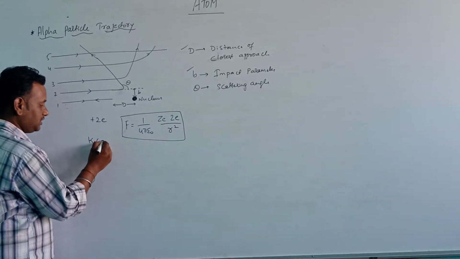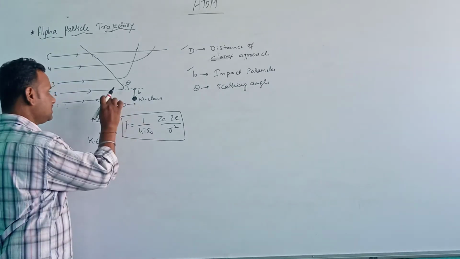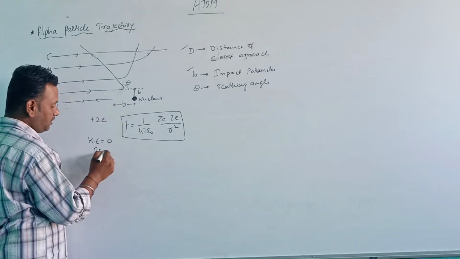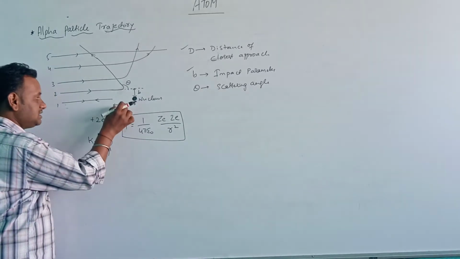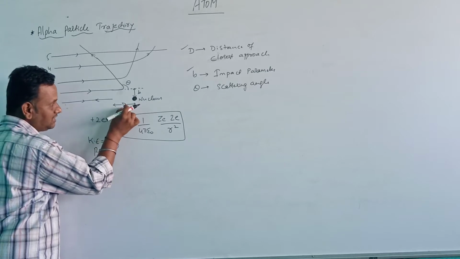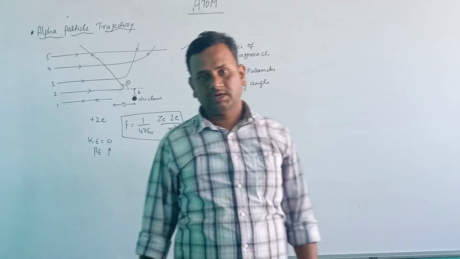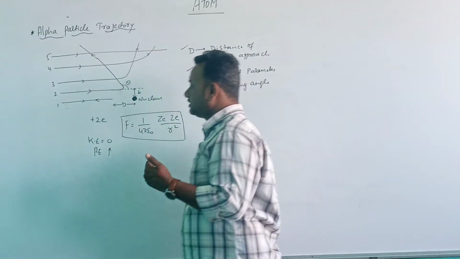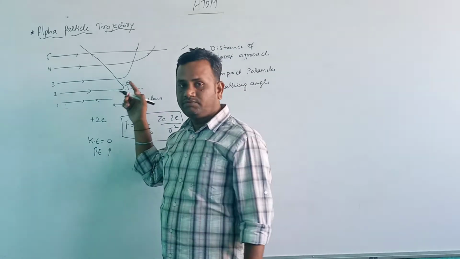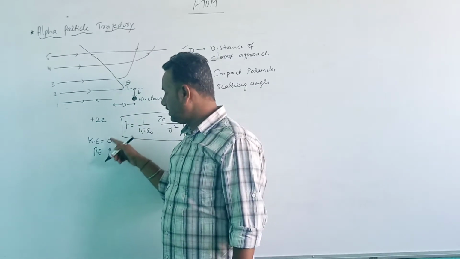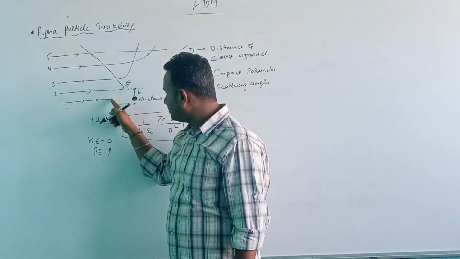The kinetic energy of this alpha particle becomes zero here, and at this distance the potential energy of the alpha particle increases. So this distance, this d, is called the distance of closest approach. When an alpha particle travels to a certain distance where the kinetic energy becomes zero and the potential energy increases, that distance from the nucleus at this point is called